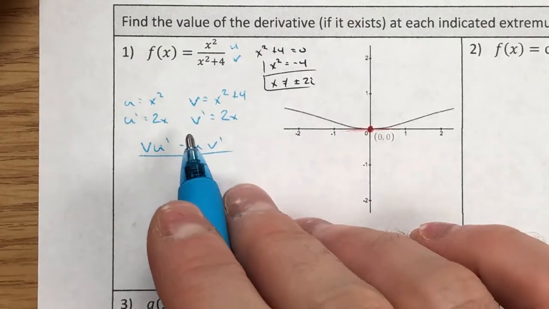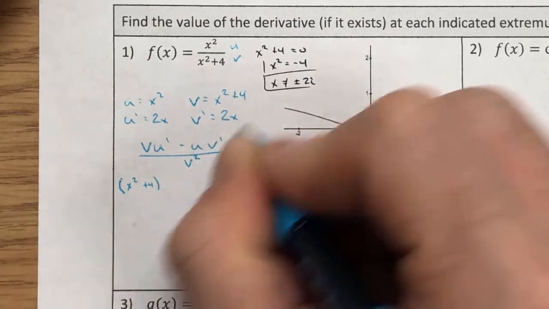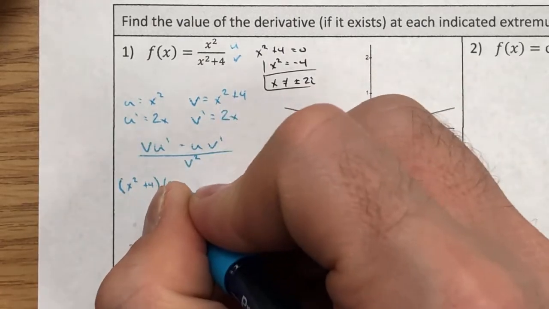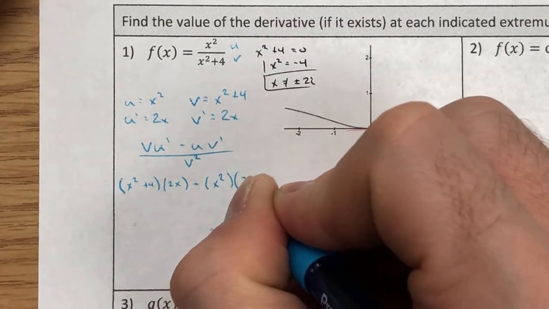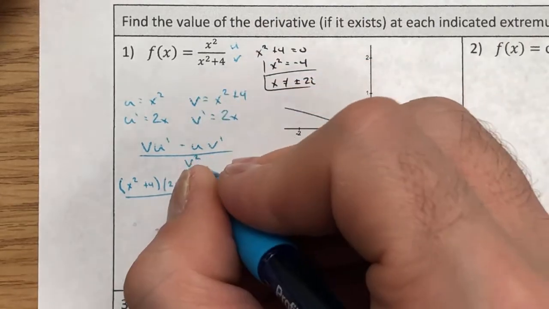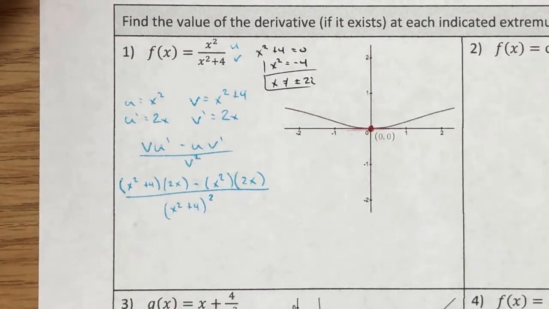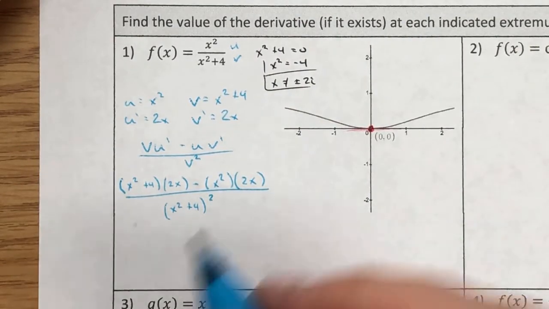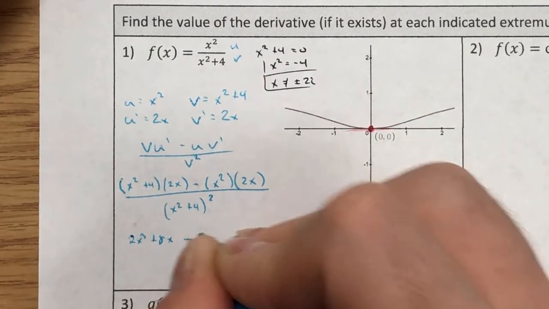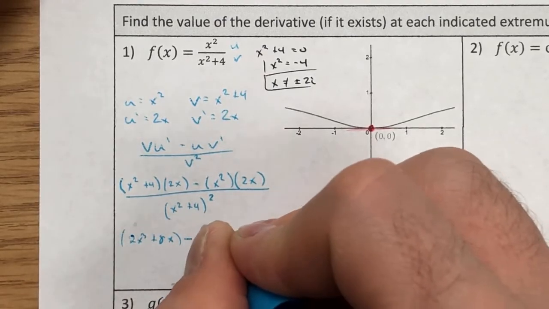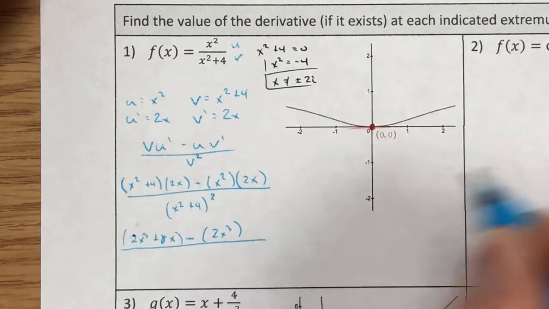So we've got this going on. Let's fill in these things. So low is x squared plus 4. D high is 2x, minus high d low, all over low squared. So x squared plus 4 squared. Let's simplify what we can on this. So this is going to leave us with 2x cubed plus 8x minus 2x cubed. Awesome. This is going to all be over